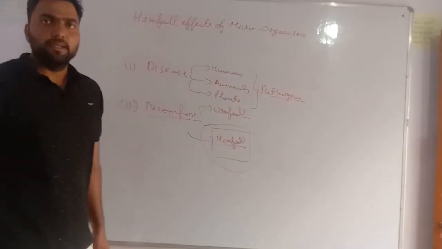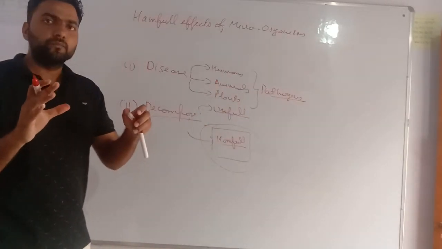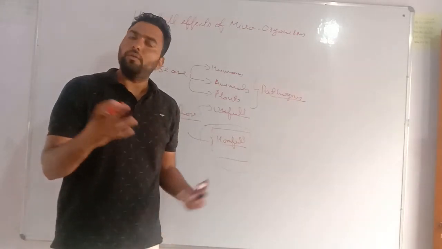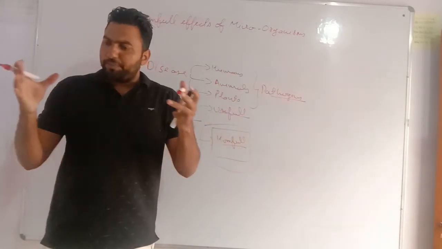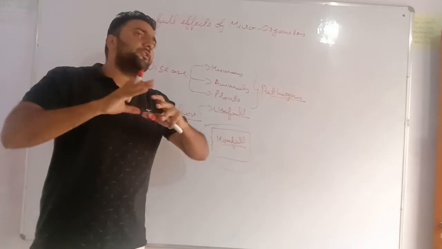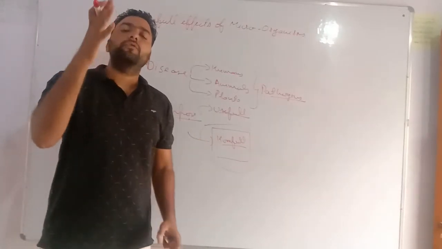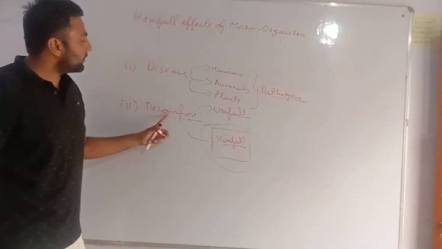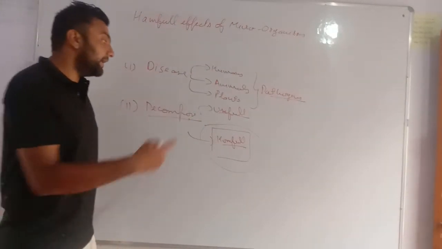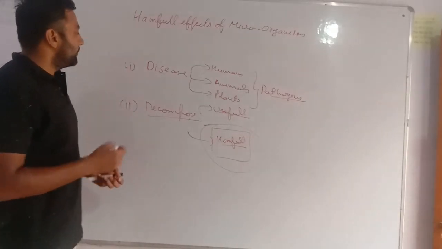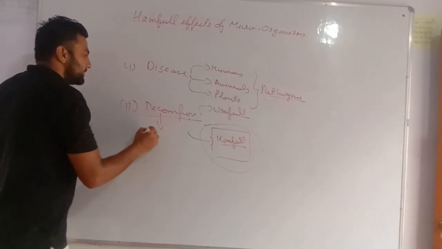Just for example, if I throw crop into the field, it will get decomposed. But if the crop is at my place, I don't want it to vanish. I want to store it for 10 years. I cannot store it for 10 years. Why? Microorganisms will decompose it, and at that time it is harmful to me. So see my dear students, the worst effect of decomposition is